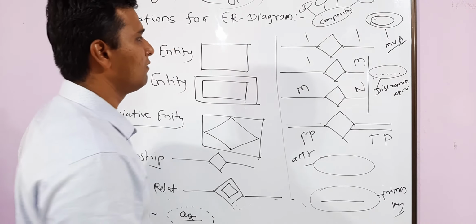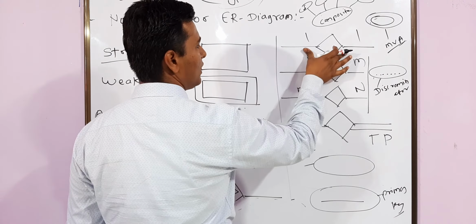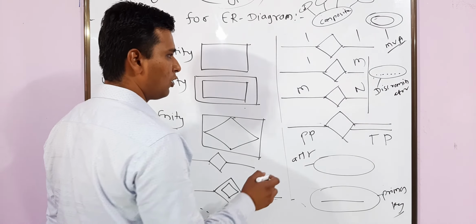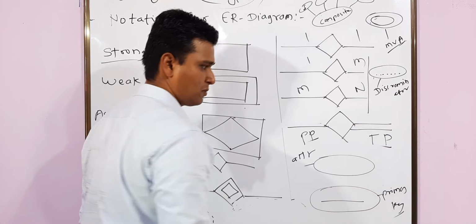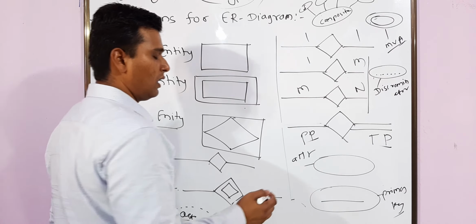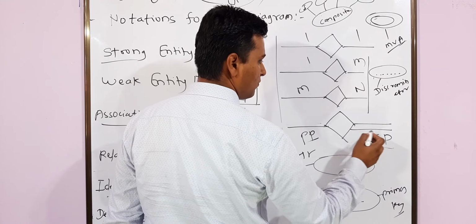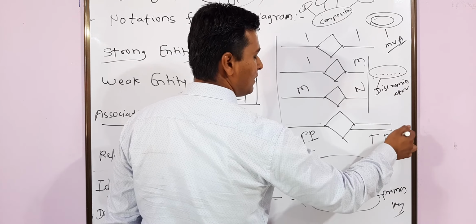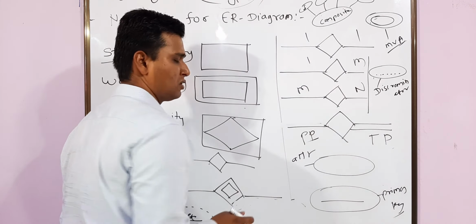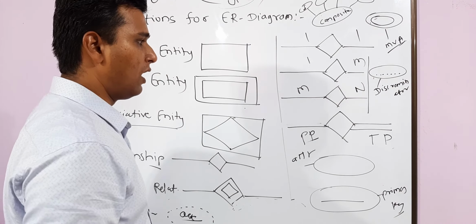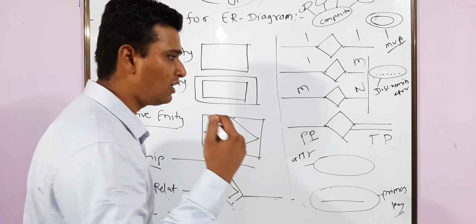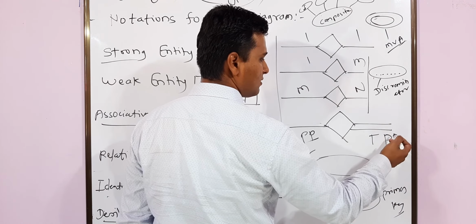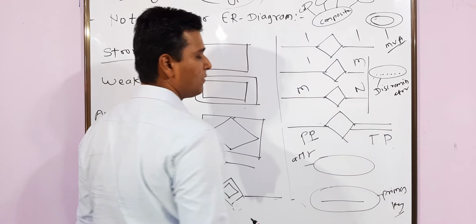And then again we will have one-to-one, one-to-many, and many-to-many relationships, as I told you in the example. Note down this partial, and this total participation, very important for all of you, because many times they will not tell you total participation. When you have a double line like this, understand that from this side the entity is taking total participation in a relationship. It means all the instances of the entity will be participating in the relationship.